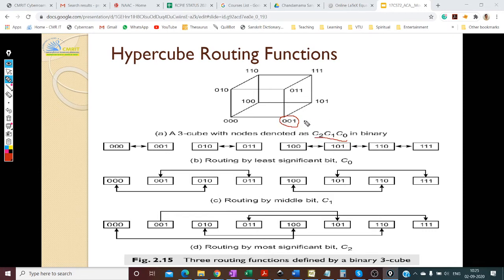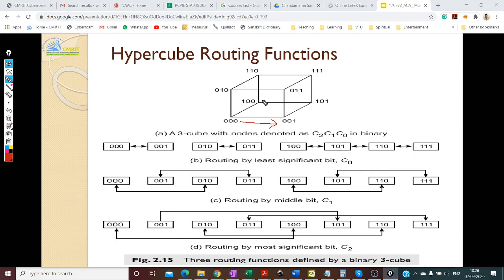So now what you can do is, this person is going to send the bits to somebody who differs in their last bit. That's one possibility, correct? If the person is going to send it to another person who is just differing in this last bit, then this guy will send to this guy.